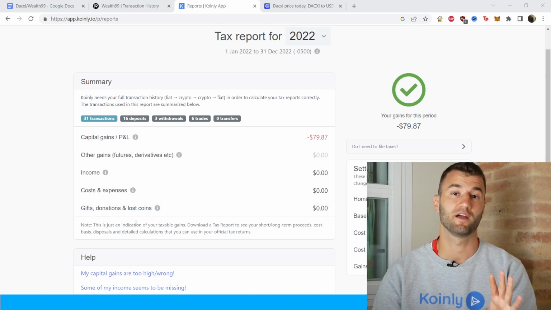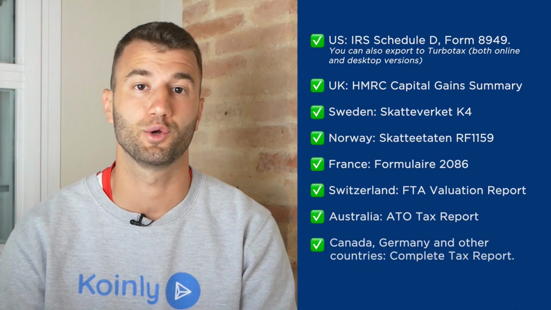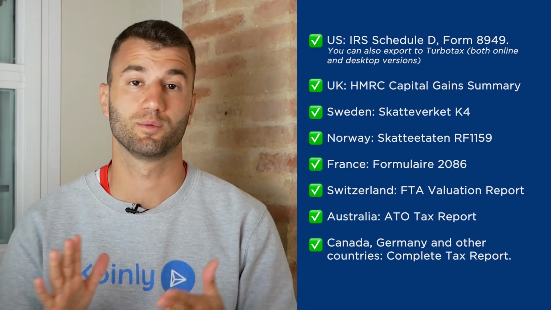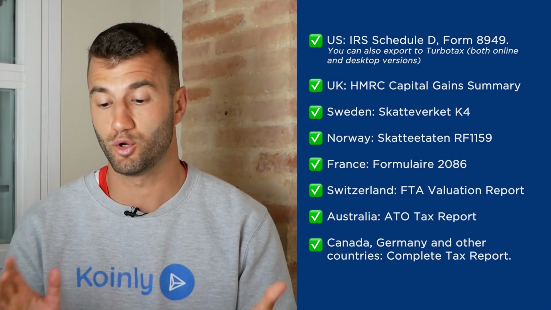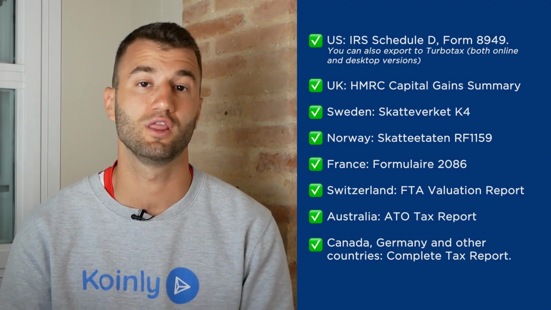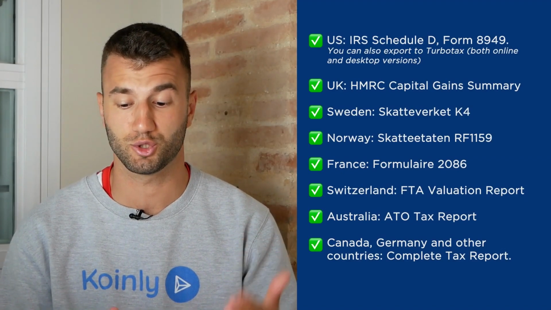And then when you're happy with everything you see there, scroll on down and select a tax report appropriate for your needs. And we have plenty of different reports. So for the US, we have the IRS Schedule D, Form 8949. You can also export to TurboTax both online and desktop versions. We have reports for UK, Sweden, Norway, France, Switzerland, Australia,